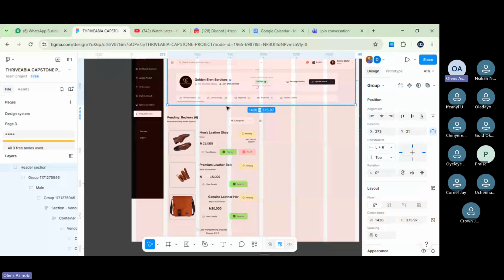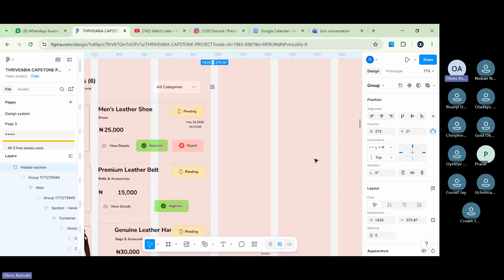You understand? So this stuff at the head is still going to be the same. The only thing that will change is this down part. I think we'll have issue filling up the space. I don't think you would, because the reason why this space came here is that all these things are squeezed. By the time you stretch these things out, you'll see that there's going to be space. Then you find one or two things to put inside.